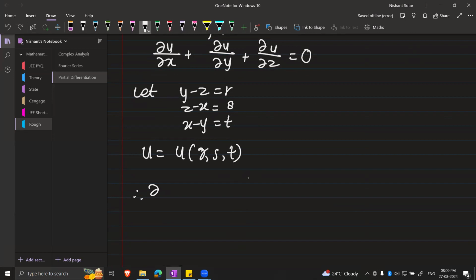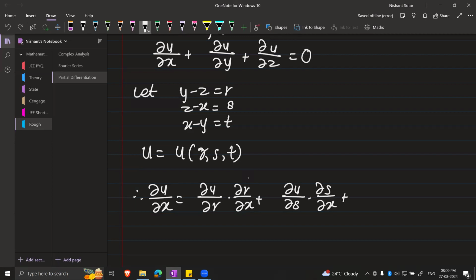So therefore del u by del x by formula it will be del u by del r into del r by del x plus del u by del s into del s by del x plus del u by del t into del t by del x, which is,